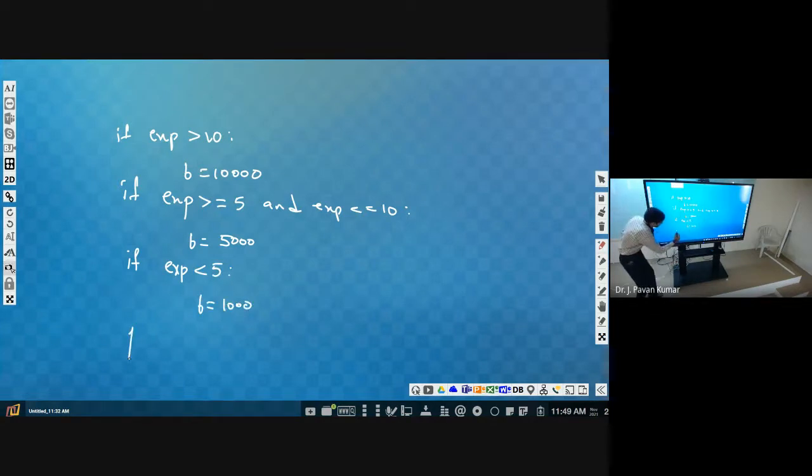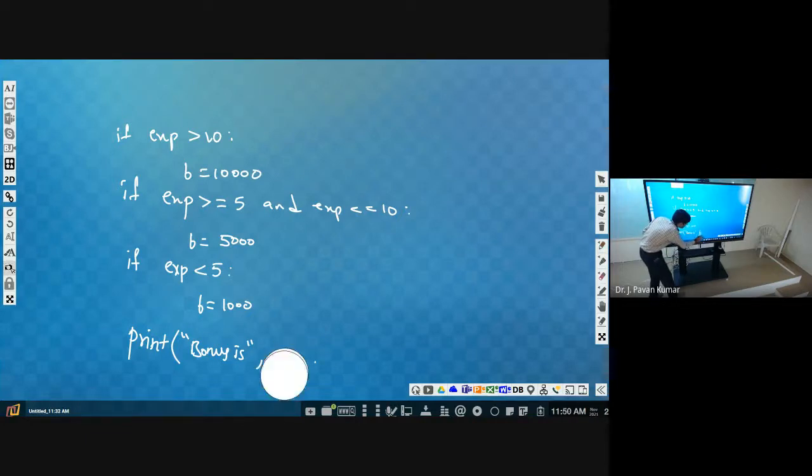Finally we have to print bonus. So print "bonus is", then you can specify B. Bonus is B.